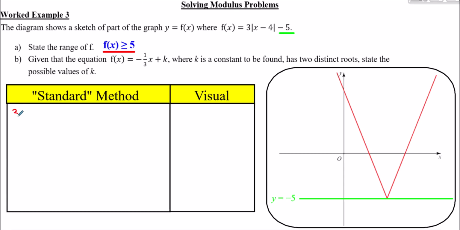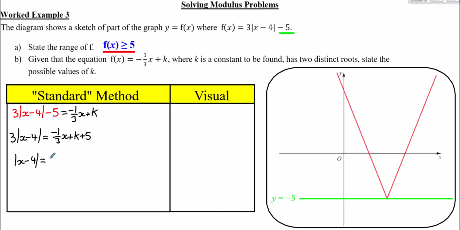So f of x is 3 lots of x minus 4 minus 5. I want that to equal minus a third of an x plus k. So my first step, I'm going to try and isolate this mod here. So I'm going to add this 5 to both sides first. So 3 lots of x minus 4 will be minus a third of an x plus k plus 5. If I now divide both sides of this equation by 3, I get that x minus 4 equals,